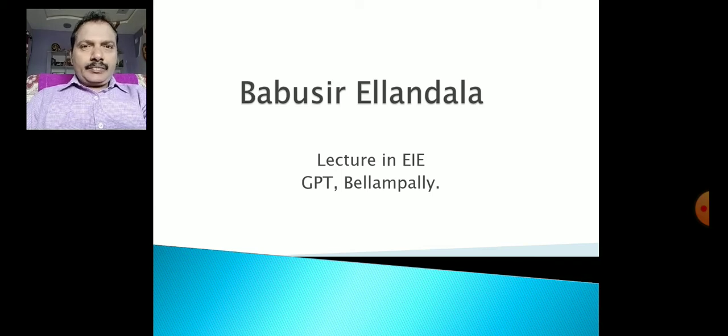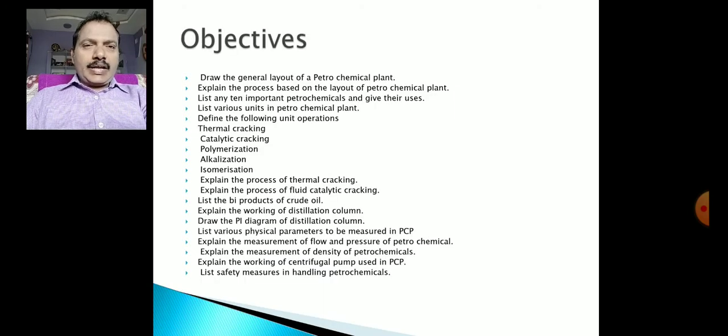we introduce the petrochemical plant. So the objective of this lesson is we see the layout of the petrochemical plant and we explain the process based on the layout of the petrochemical plant and important chemicals and their uses. We discuss the units of the petrochemical plant and defining thermal cracking, catalytic cracking,